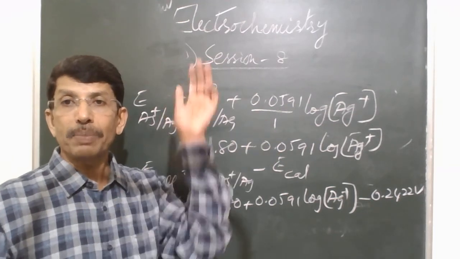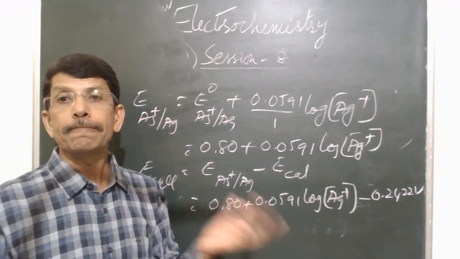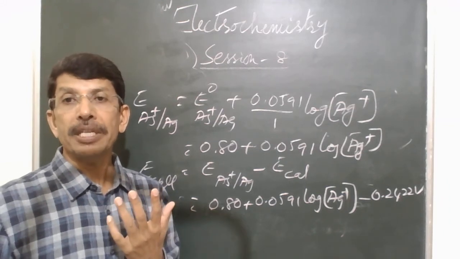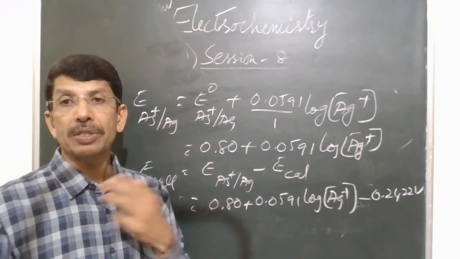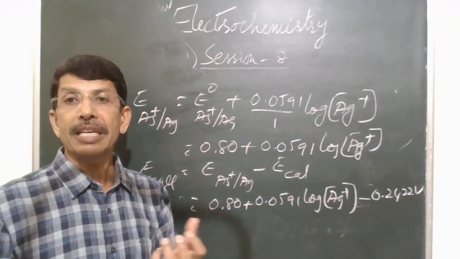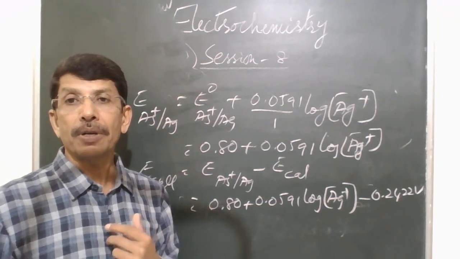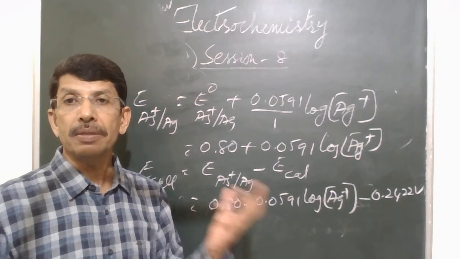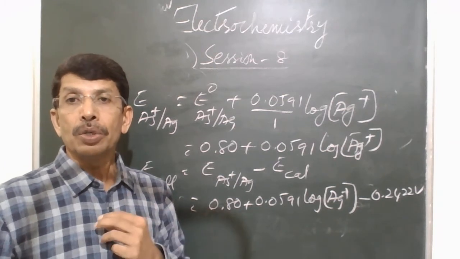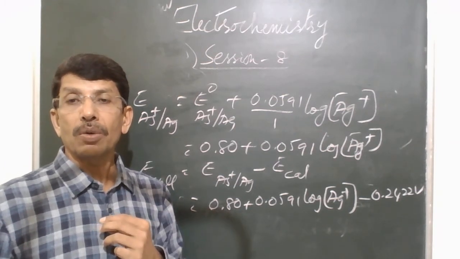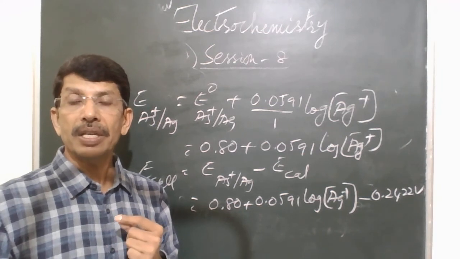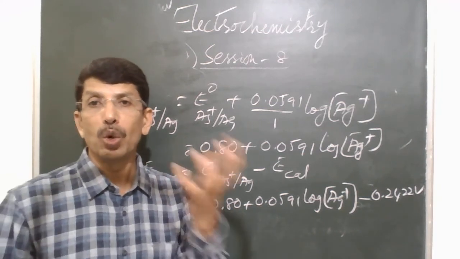At the equivalence point, there is a sudden decrease in EMF. After the sudden decrease, you take 3 to 4 readings of EMF and stop the titration, plot the graph of volume of KCl versus EMF